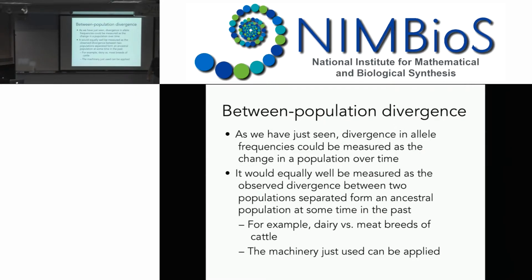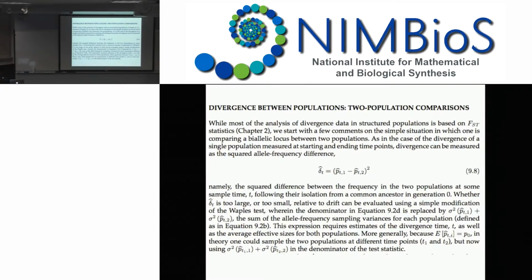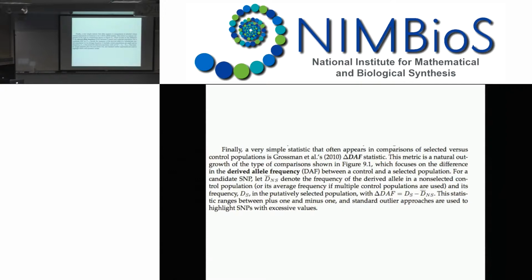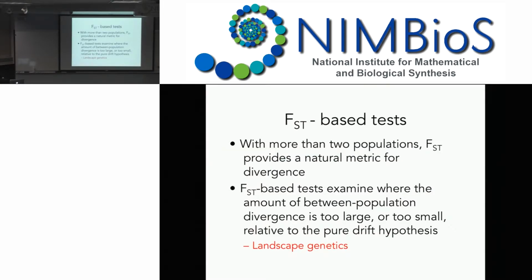Then you test individual markers and ask if individual markers have an FST that's too large or too small relative to the population-wide sample. That's the basic idea behind these. Now, there are modifications we'll talk about as we go through that. Yeah, and what this basically points out here is the two population tests, you can basically do like a